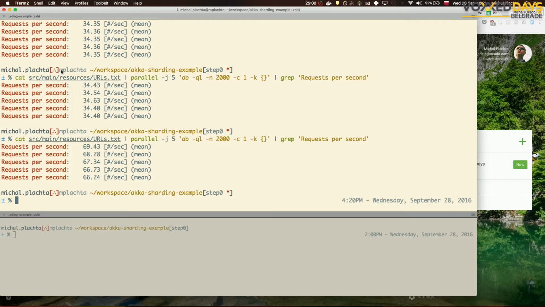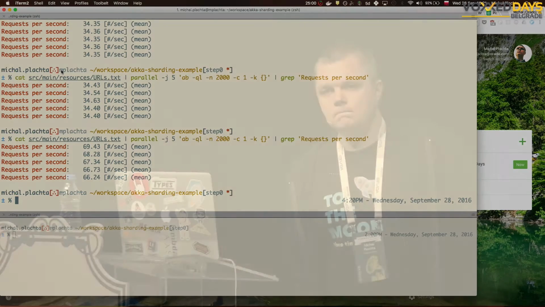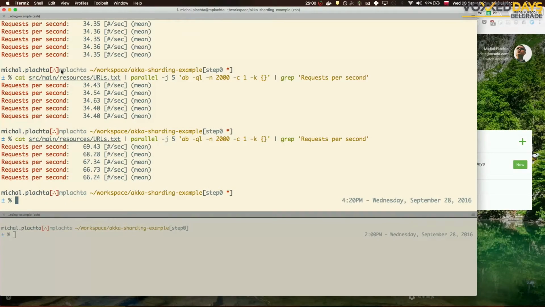Sorry? Can you wait for Mike? I can't hear anything. As I remember, you are using 2 threads in your test. Right. So Akka is capped to just 2 threads. Akka will use any threads possible, I just gave it 2. That's why we got the performance boost of 2 times. Okay.